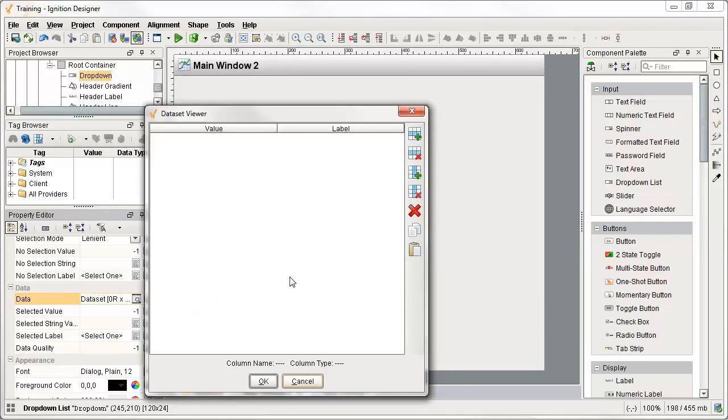Now, there really are three modes we can put this data set into. The first is what we see right now, and that is an integer-string combination. So I have two columns. First one's integer, second one is a string. The first column is what we use behind the scenes. It's a code that we can use in binding, but the user will see the second column, which is the